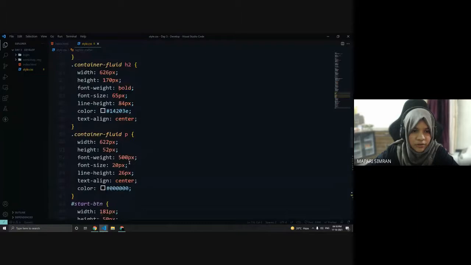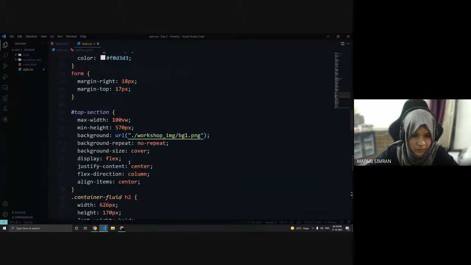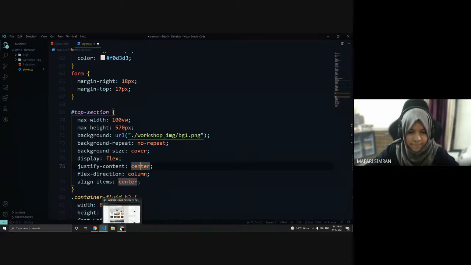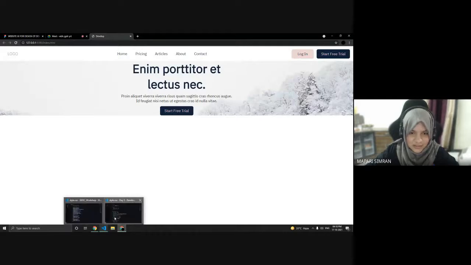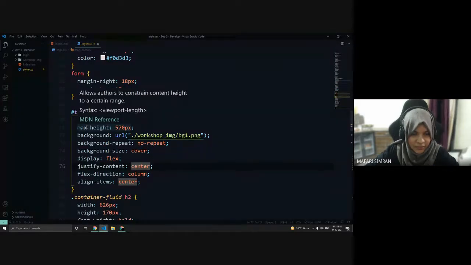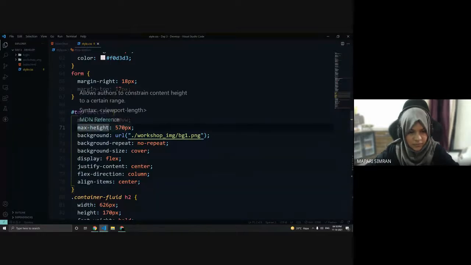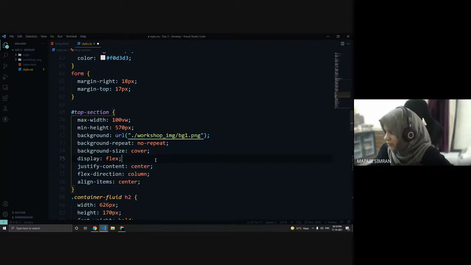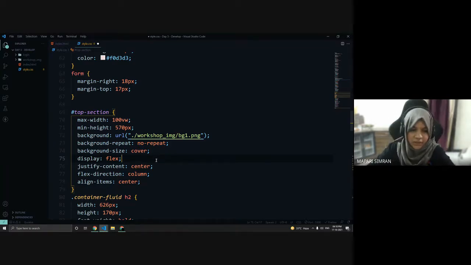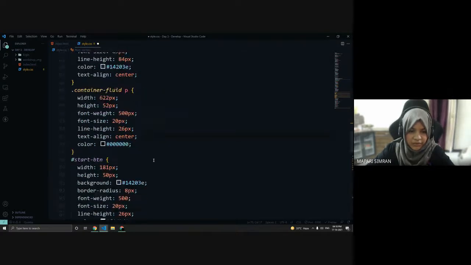Let's check the height for the top section. The section has a height of 570 px and max width of 100, display flex, direction column, H2, and everything is right.